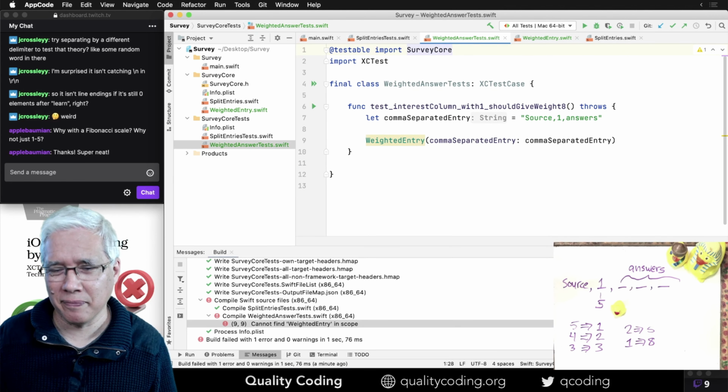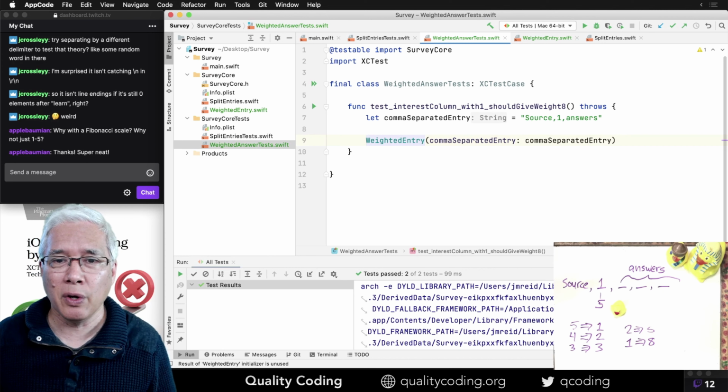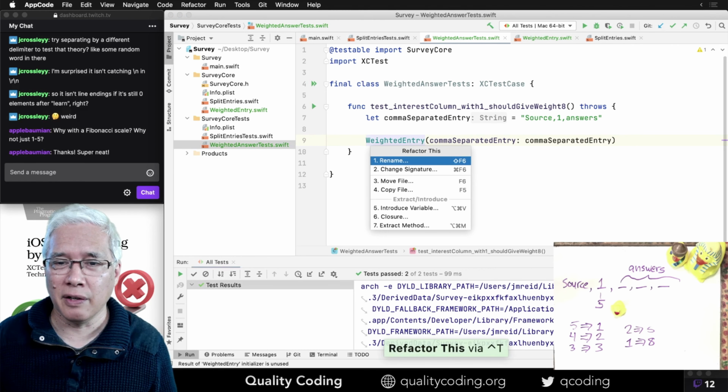And I'll call this. Oh, this is one of the nicer things of AppCode, is I just do Command Option V to extract a variable, or you can say Control T to refactor this and say introduce a variable, and you see it offers name suggestions. I hardly type at all when I'm flying through AppCode. I'll go with that for now. Maybe a little wordy, but it helps me.